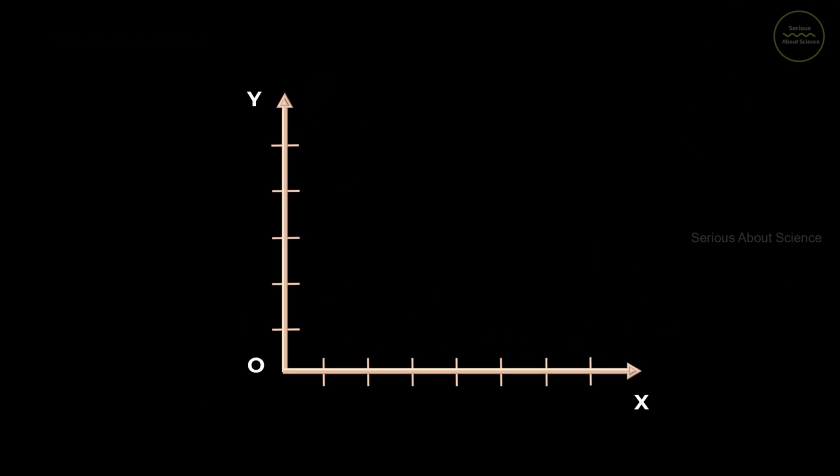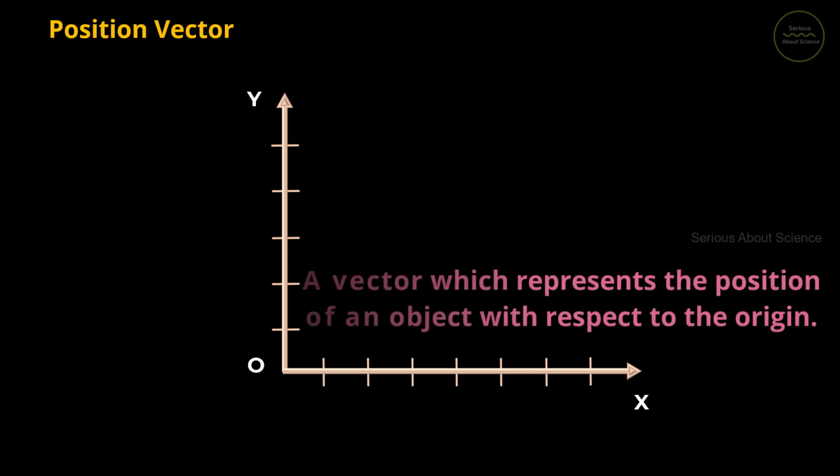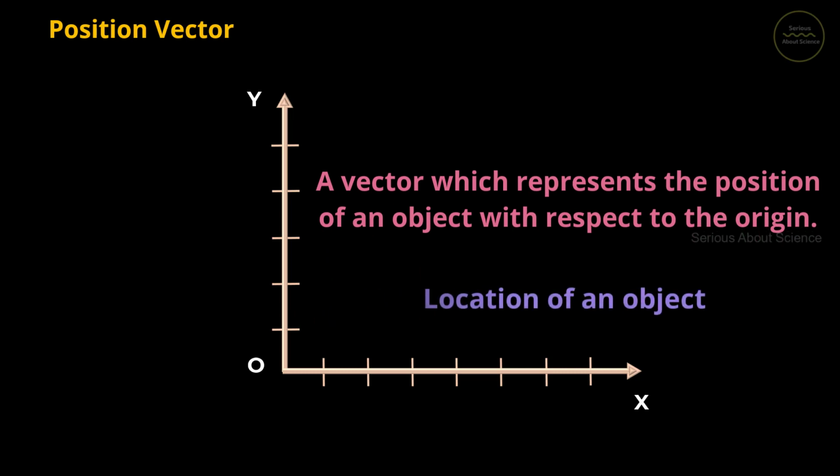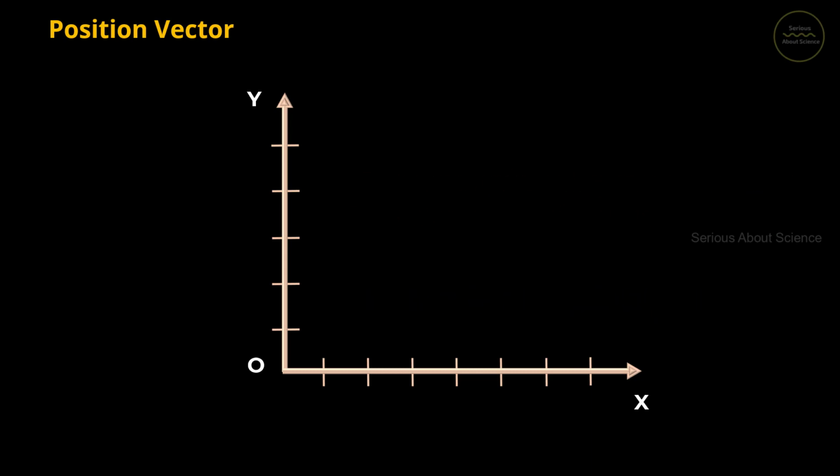Next is the concept of position vector. Position vector is defined as the vector drawn from the origin to the position of an object, or it is a vector which gives the location of an object with respect to a coordinate system. Let us try to understand with an example. Suppose this is the position of a particle at a certain time t, and I can denote this position as capital letter P. Now if I draw a vector from the origin to this position P, that vector is known as the position vector. So here this vector OP is our position vector.